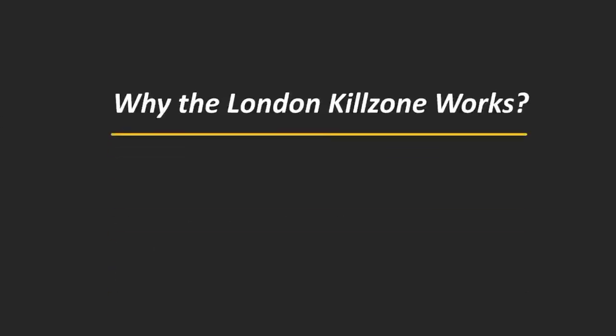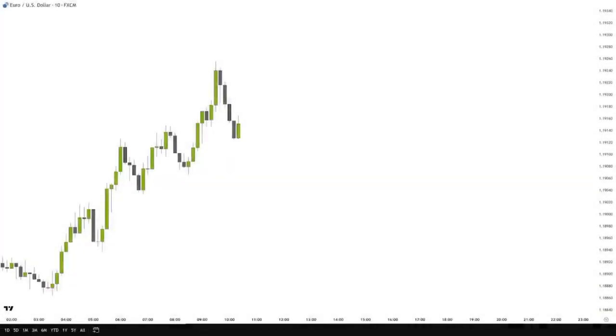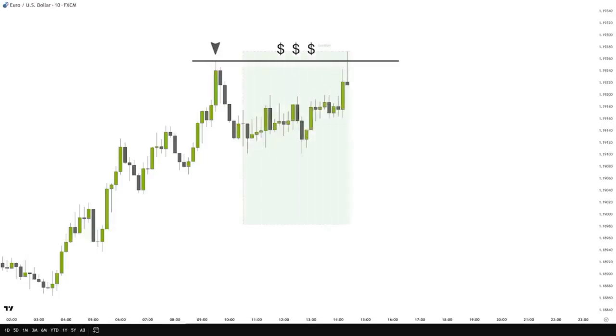Why does the London kill zone work? To understand why it works, we need to think about liquidity. Markets move because of orders, and large institutions need liquidity to enter their positions. One of the easiest places to find liquidity is above previous highs and below previous lows, where many retail traders place their stop losses. During the London kill zone, the market frequently moves toward these areas to capture liquidity before